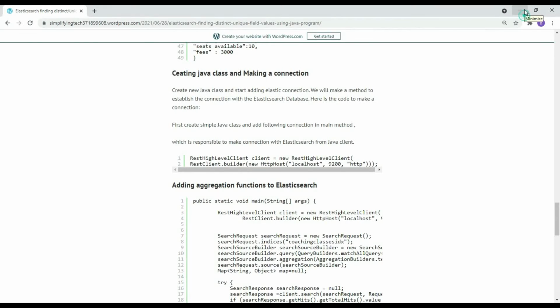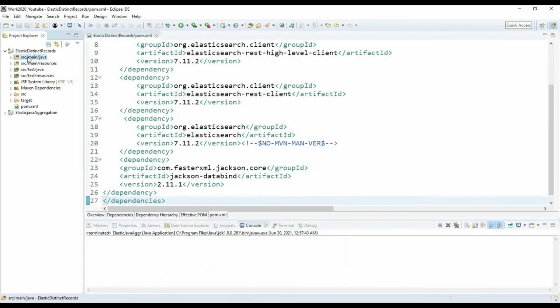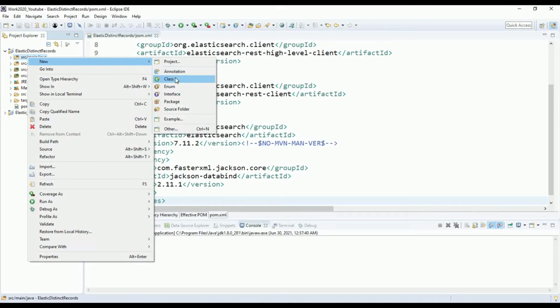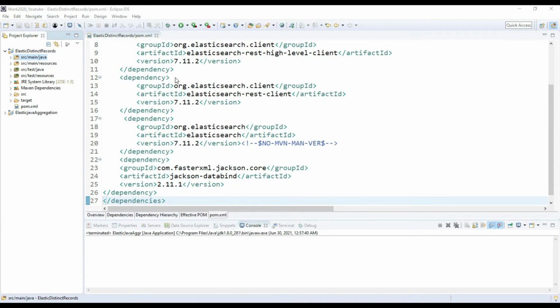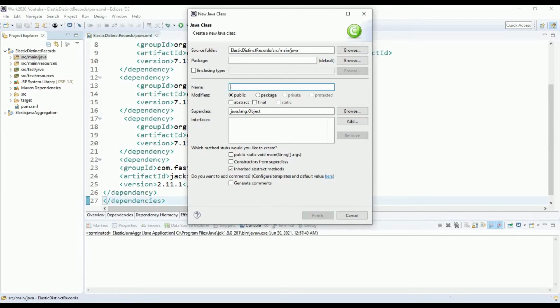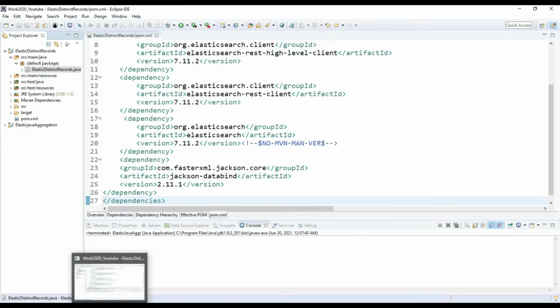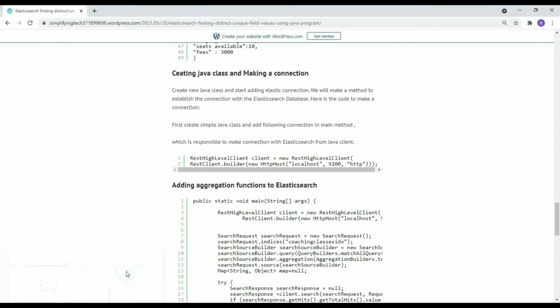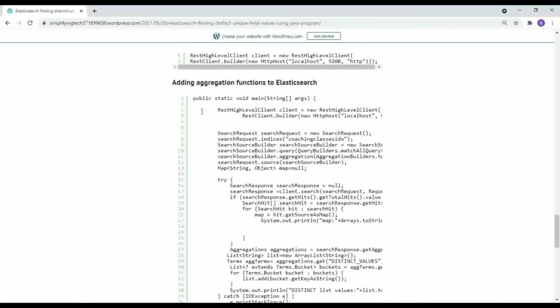Start creating a Java class, named Elastic distinct. Now start adding the connection parameters. Just copy this piece of code, I will tell you what it is.